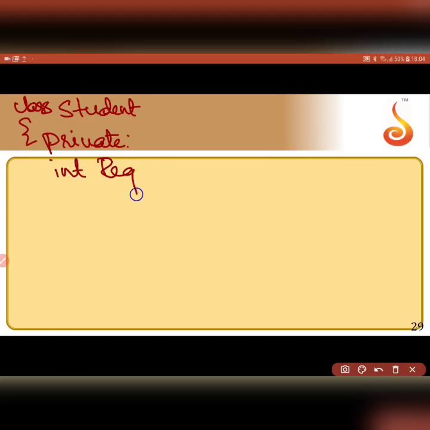To begin with, let us start with the class. So how do I write it? Class student. Okay. Then in the private, int registration number, char name of maximum 25 characters length.